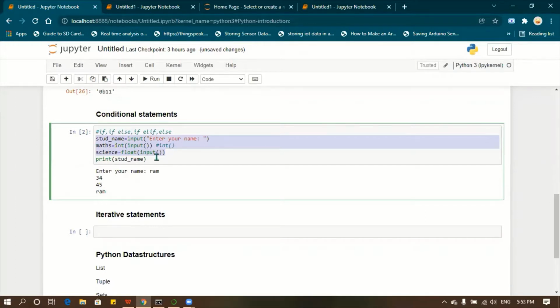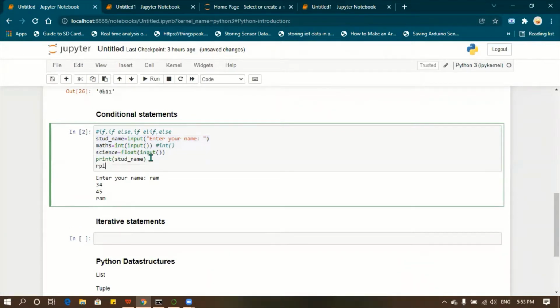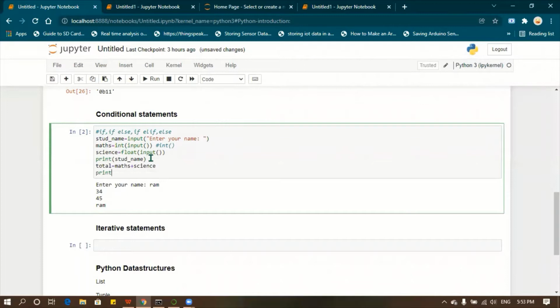Okay. So for example, if it is like total equal to max plus science, then print total.